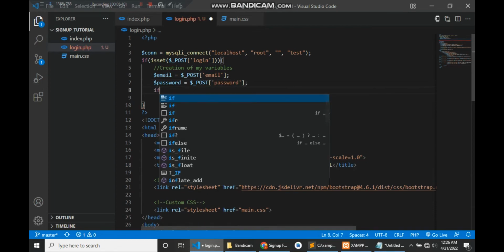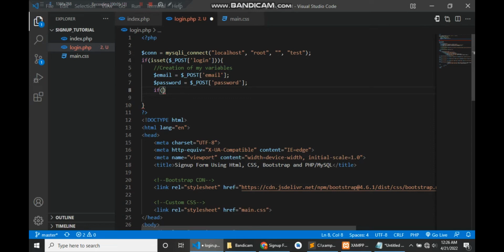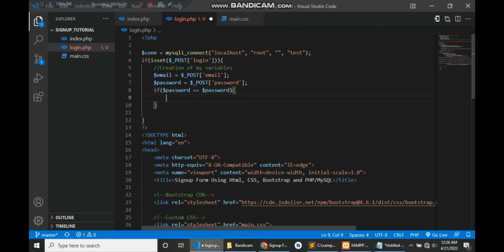And then I'll write an if statement. Within this, I'll pass some condition here, variable password is equal to password, and then I'll say variable username taking is equal to select everything from members where password equals single quotation variable password,